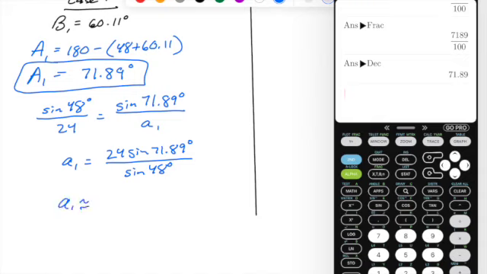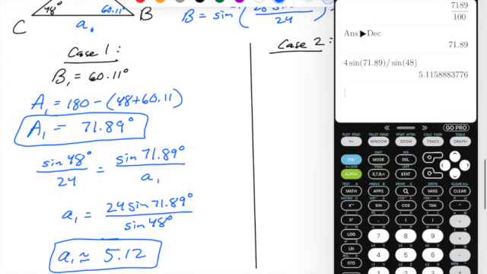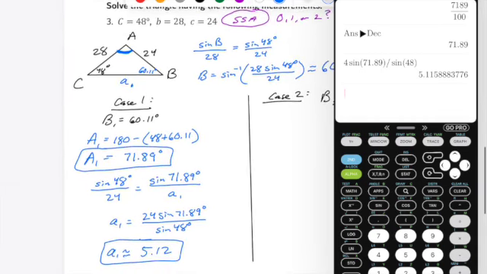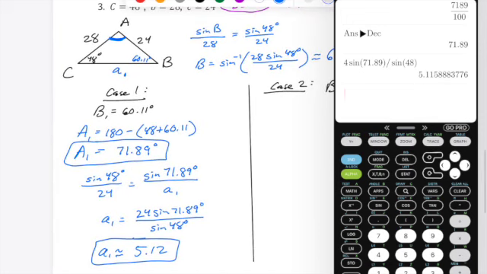So the final side on this will be 24 sine of 71, divided by sine of 48. And we have that side A1 in this case will be about 5.12. And, you know, kind of a quick measurement check here. Notice in this scenario,